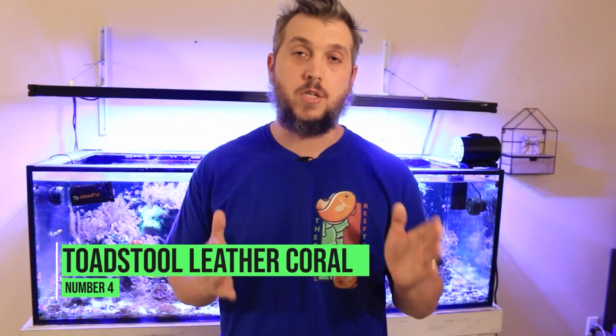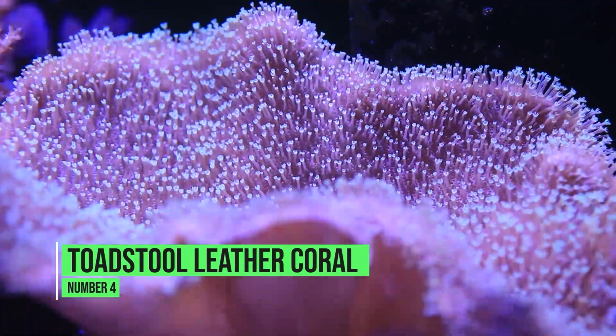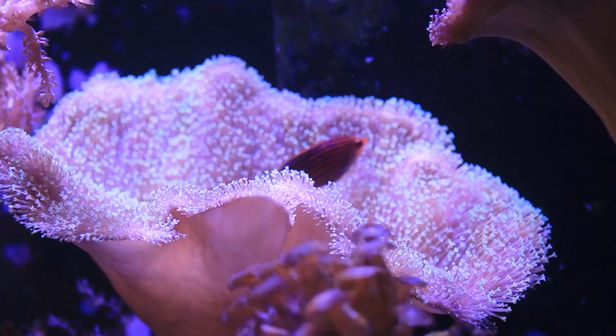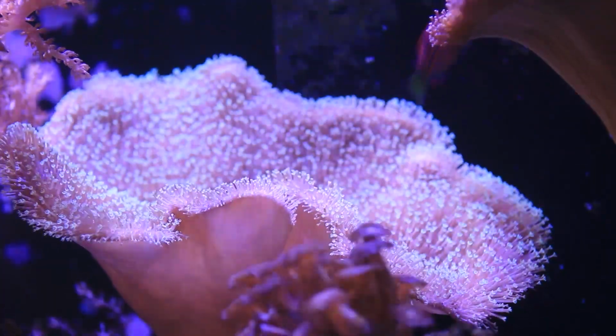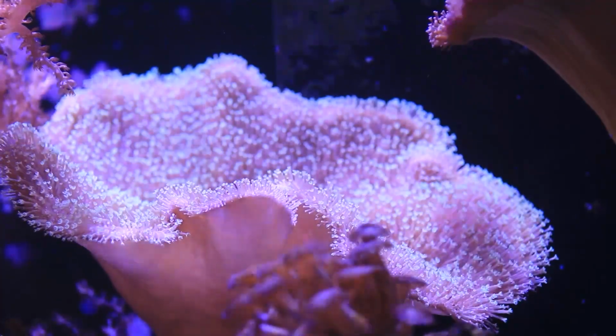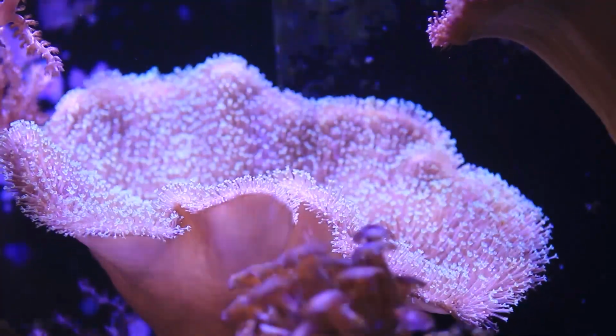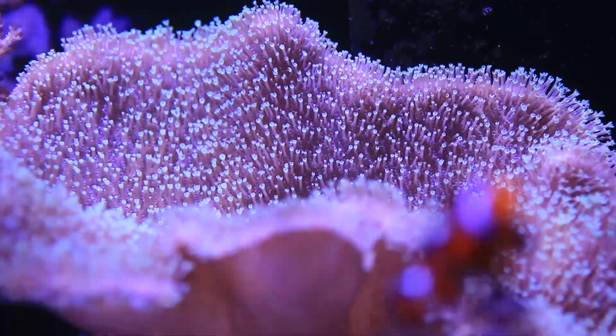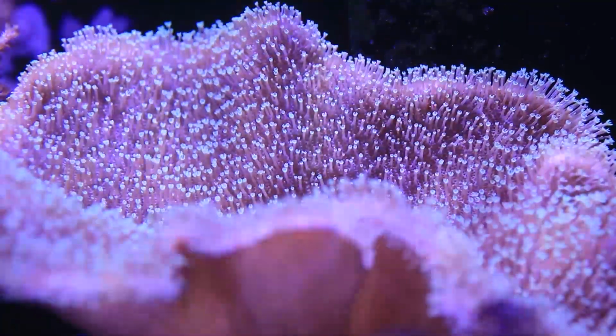Number 4 on the list are toadstool leather corals. Now, this is easily my favorite soft coral because I've had one with me for 10 years that I originally purchased when it was about the size of a quarter, and now it's the size of a dinner plate. Now, toadstool corals are extremely hardy and they do well in a variety of different places in your reef tank. They do tend to like a little bit higher lighting and a little bit more water flow because